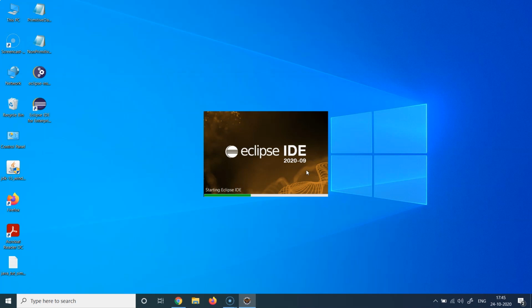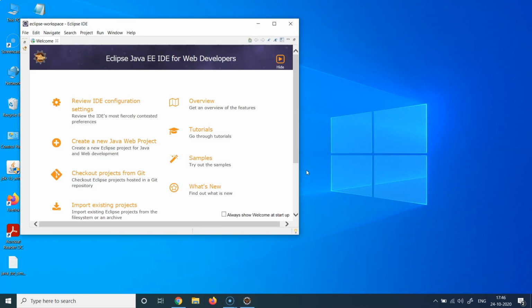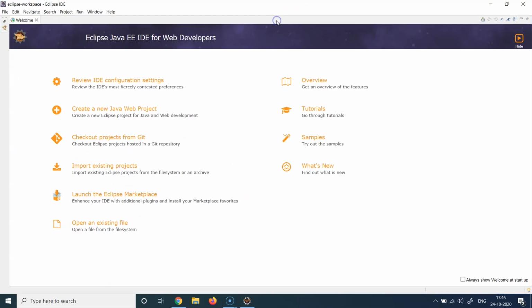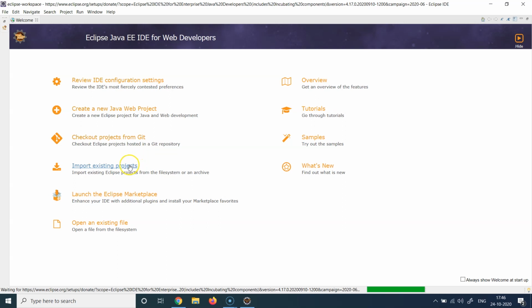Once you hit launch, it is going to start the actual IDE as a desktop application, and you will get a nice interface and a welcome screen from Eclipse, which will basically show the basic overview of the screen, something like this. So now you can see that the Eclipse IDE has started. It has a welcome page, which has multiple options. You can check out a project from Git. You can import an existing project. You can go to the marketplace, create a Java web project or whatever, or you can just close this.